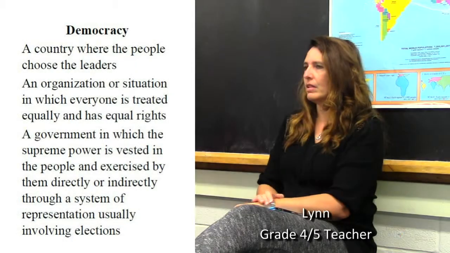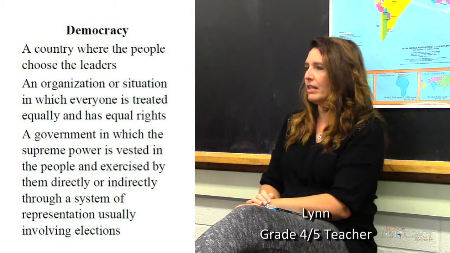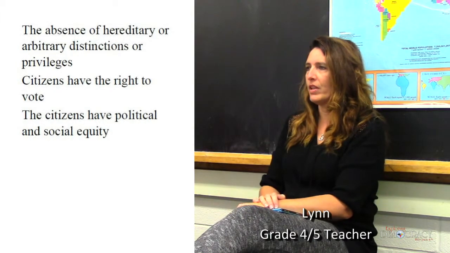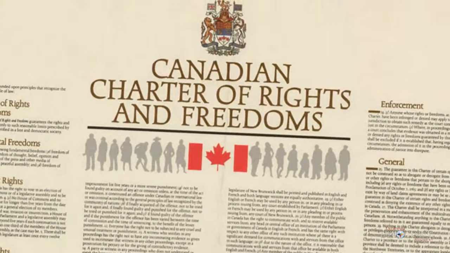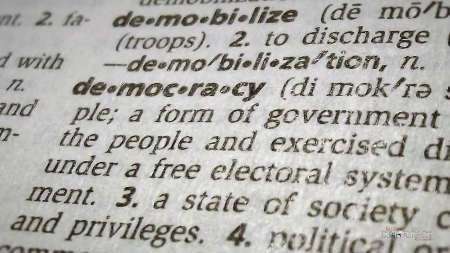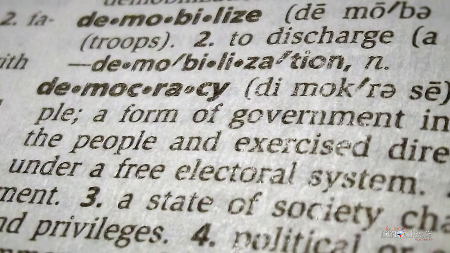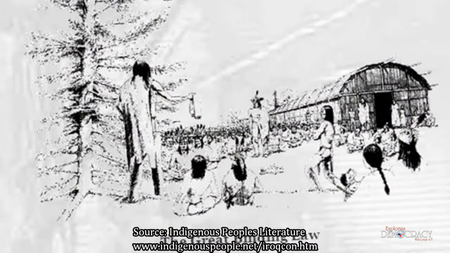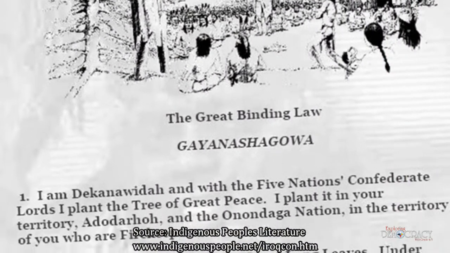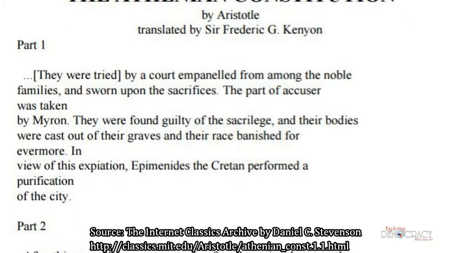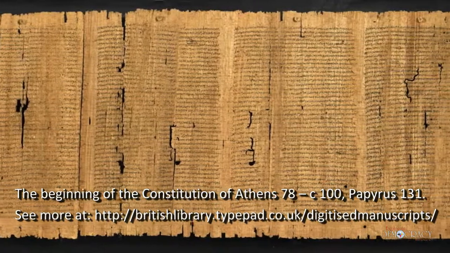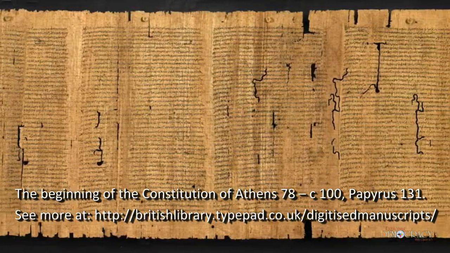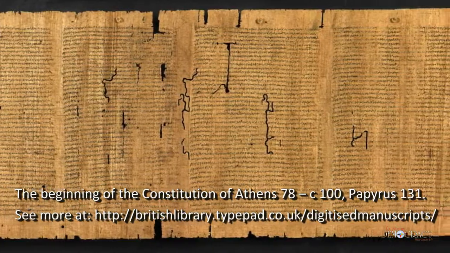We came up with our co-created democracy definition, first of all by looking through the Canadian Constitution and taking it apart and putting it into our own words, and also looking up the dictionary definition of democracy. And we used our definition to examine the Iroquois Constitution and the Athenian Constitution, and we divided ourselves up into two groups, and we used our definition to create